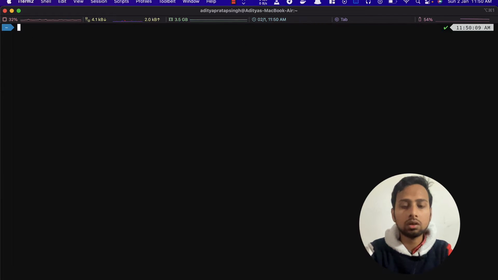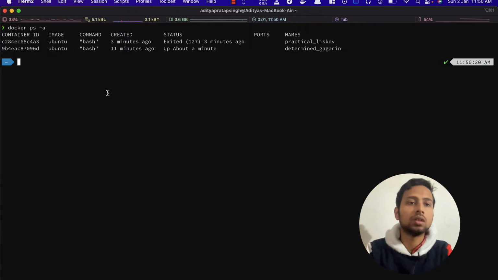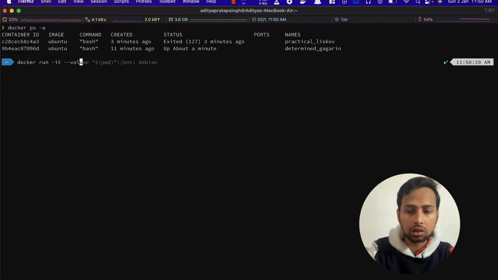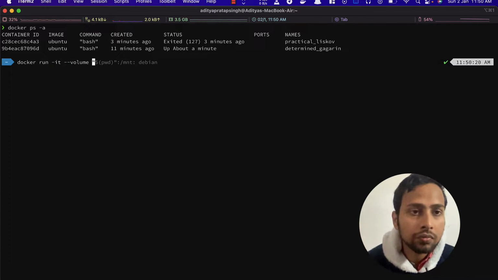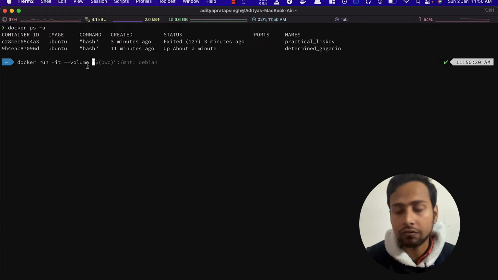In order to connect our container, you can first check the name of the container using docker ps -a. Here we want to connect this one. So first of all, docker run -it, and we specify --volume. After writing volume, we can specify the path of the directory we want to access.